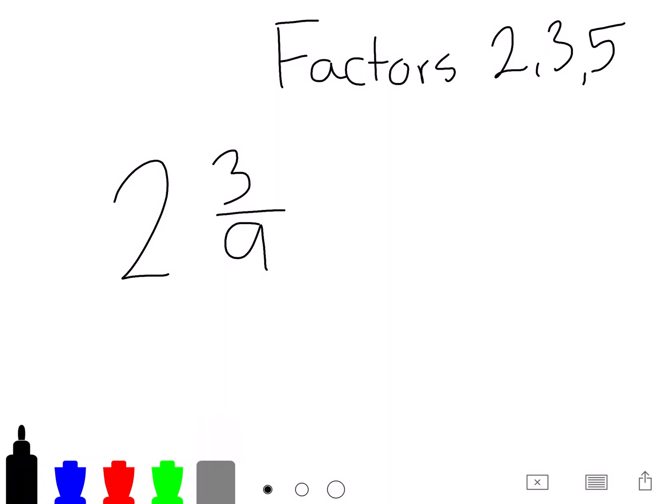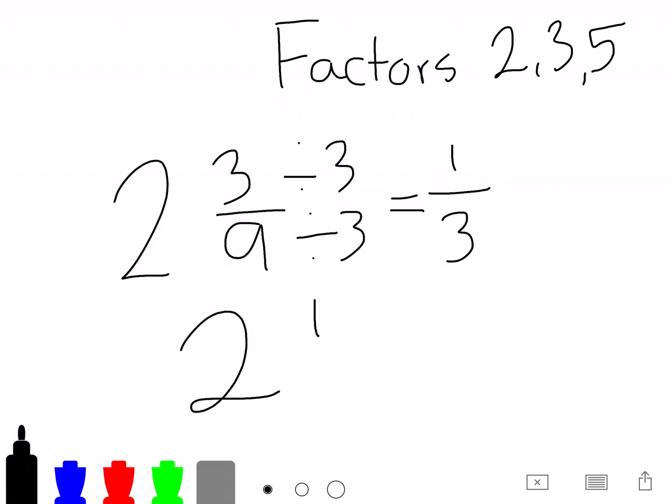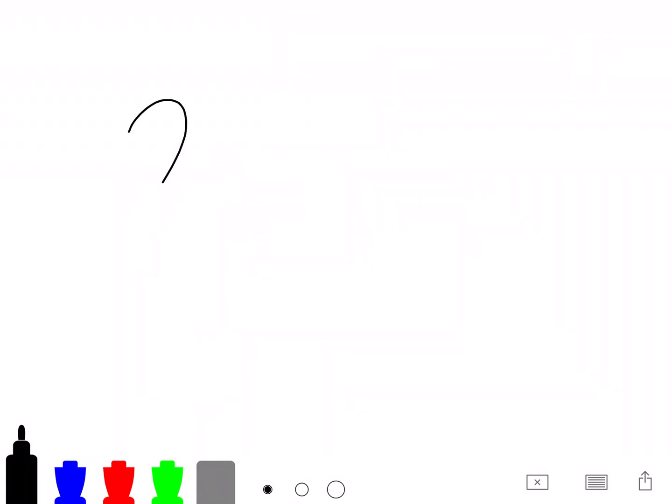So the first thing I want you to do is to look at that 3/9 and recognize that these have a common factor. There is a number that fits into both 3 and 9 evenly. I'm wondering if you can spot it. Well, it's going to be a 3. 3 fits into 3 once evenly, and 3 fits into 9 evenly. So we have a new fraction right now of 2 and 1/3. So on my next screen, I'm going to show you how to convert that 2 and 1/3 into an improper